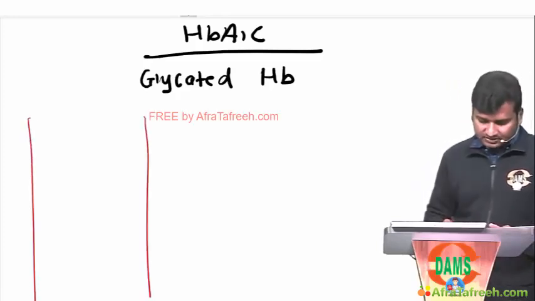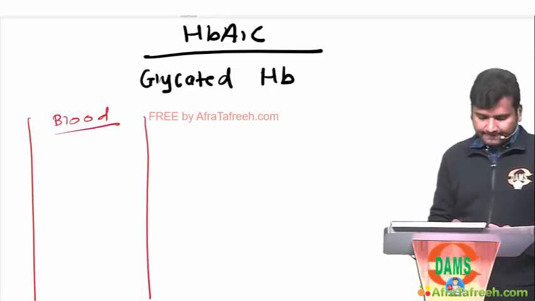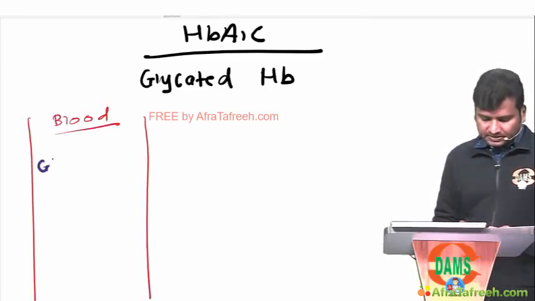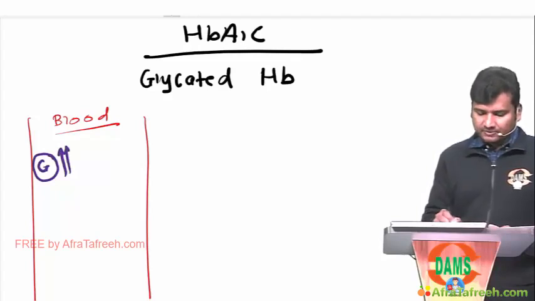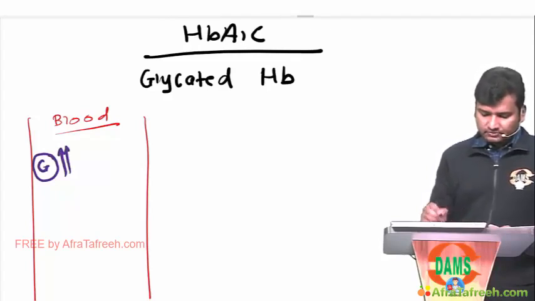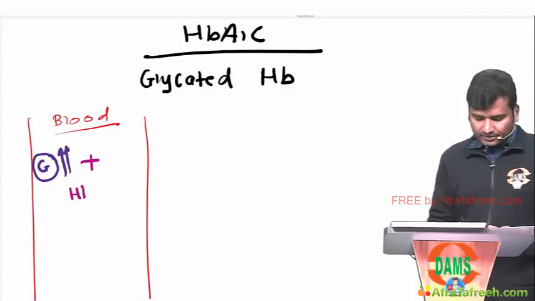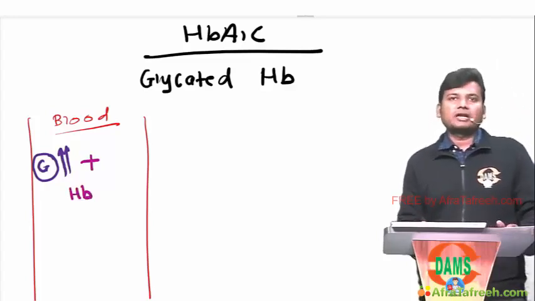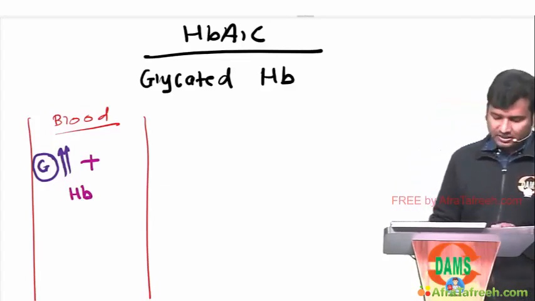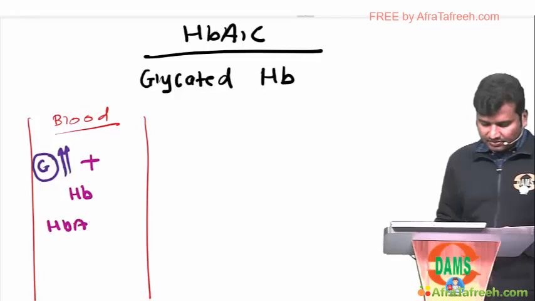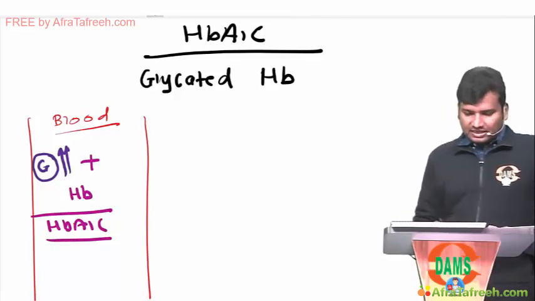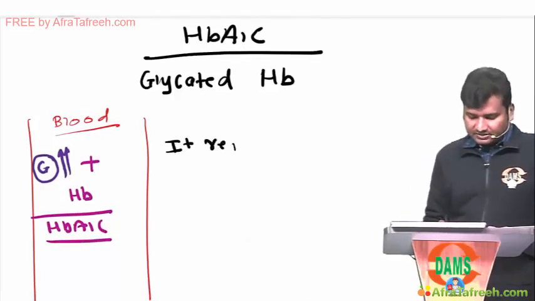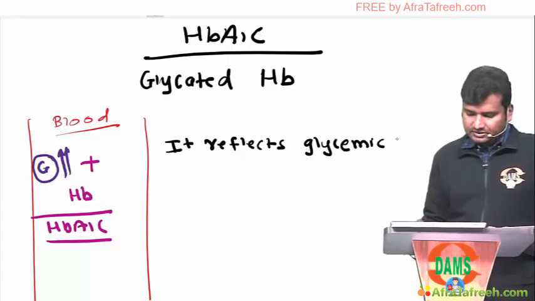Suppose this is blood and this glucose is present in blood, and in a diabetic patient, when glucose level increases in blood, this increasing glucose will combine with hemoglobin and form glycated or glycosylated hemoglobin, which is called HbA1c. Now, what is the importance of HbA1c? It reflects the glycemic history